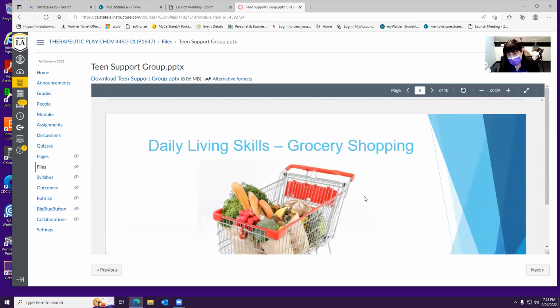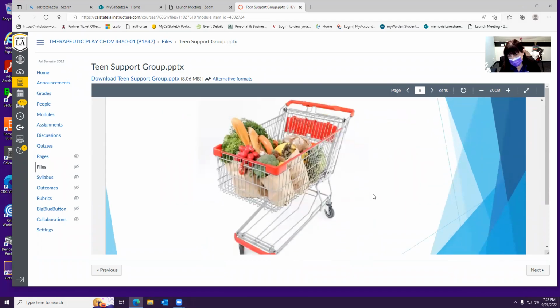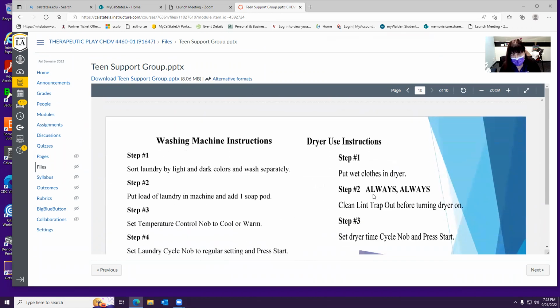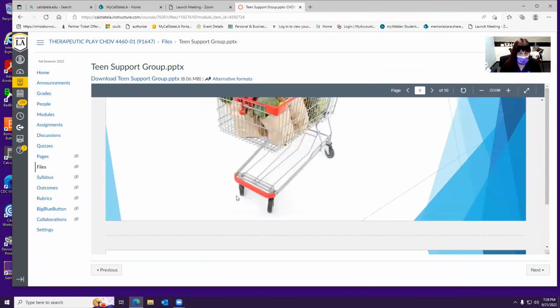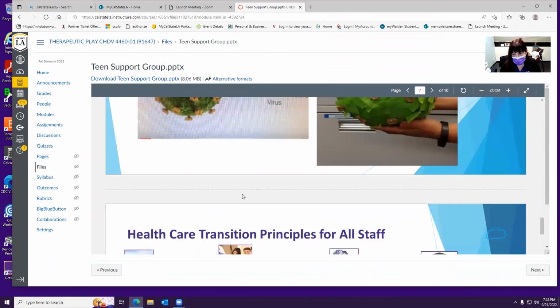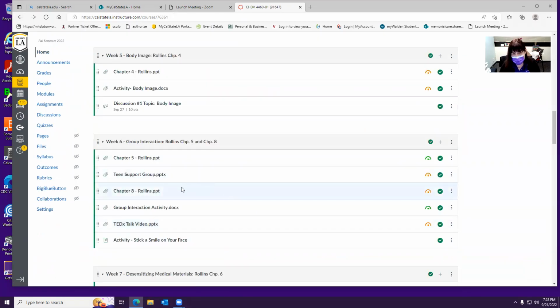So, other things, we've gone to the grocery store and learned how to be independent and choose good foods. We've learned how to use the washing machine and the dryer, and basic self-help and living skills, which is important because when many of these kiddos are 18 years of age, if they have survived the loss of one or both parents, they then go into housing and need to learn how to be an adult. And it's a lot of firsts for many of these kiddos.